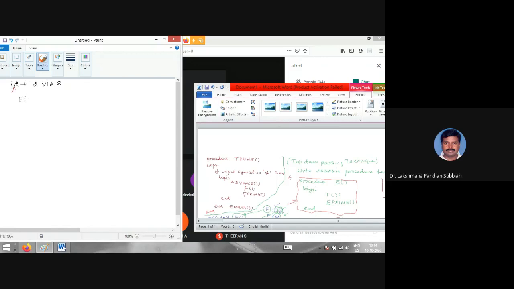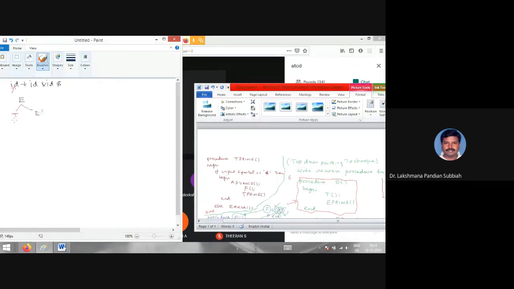Now we are invoking the procedure for E. For that procedure we have T and E dash, right?